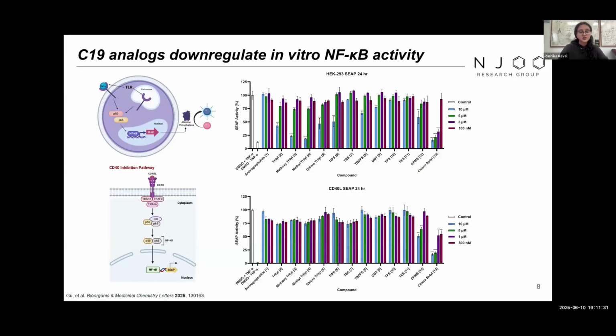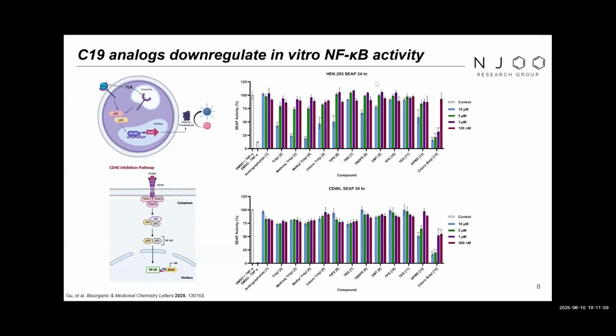We ran a similar experiment on CD40 cells with the pathway activated by CD40, the CD40 ligand. And notably, amongst both these experiments, the trityl ether analogs reduced SEAP activity in a relatively dose-dependent fashion in these HEK-293 cells. And compound 13 in particular, the chlorobutyl compound, displayed the greatest dose-dependent decrease in both these experiments, which